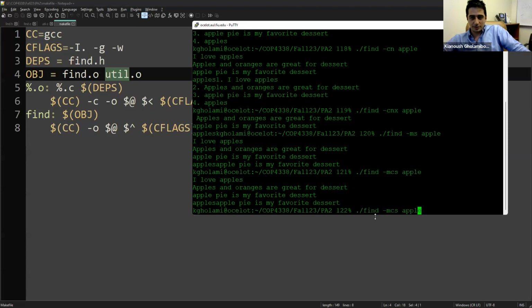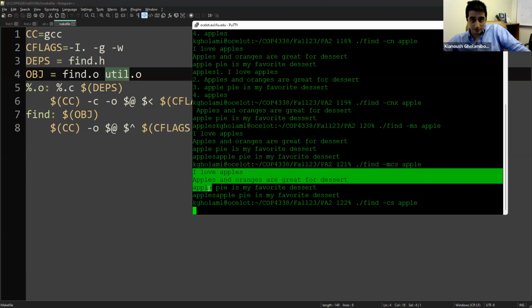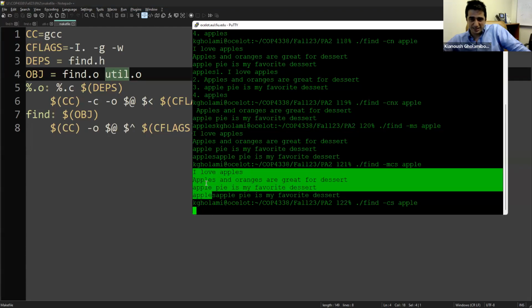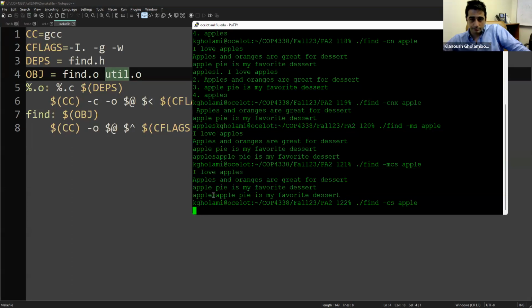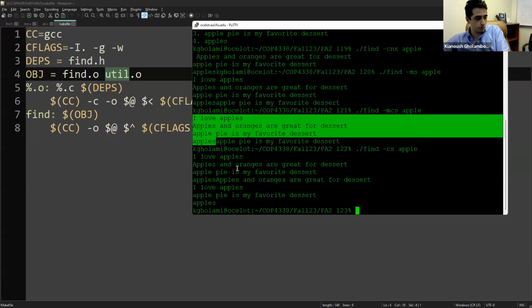But if I remove the M and only have C and S, you can see there are many ways of running it. That's why I keep running it with different values. So then this can show you this sorted as well. Let me make sure everything is correct. All right, so when I press Ctrl D twice,